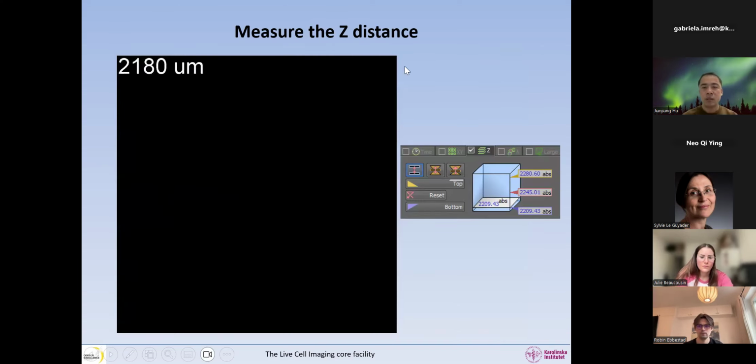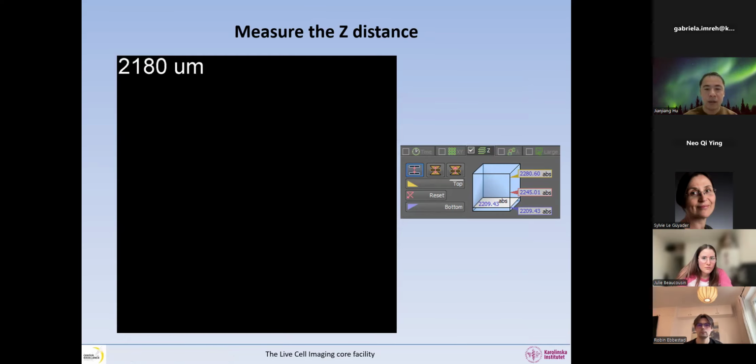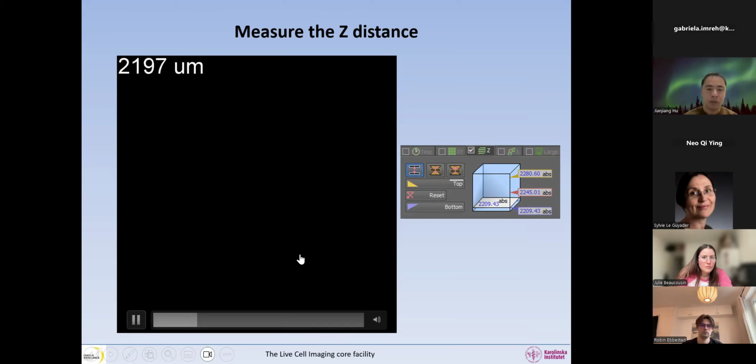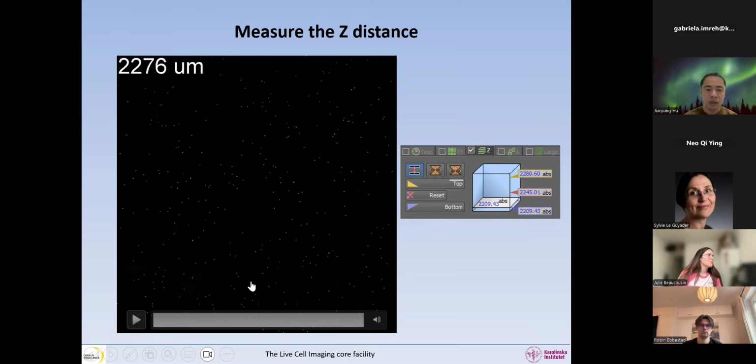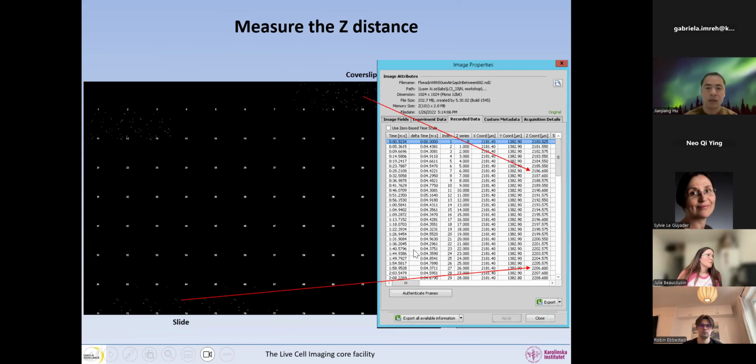And to measure that distance with the microscope is also quite straightforward. We just also perform a Z scan or Z stack acquisition. We scan from bottom to top, acquire from bottom to top, and during this we will see 2 layers of beads. You see, this is the first layer, this is the second layer, and then after getting this, we will try to find the frame that has the highest intensity for each of the layers, and then get the Z coordinates from the metadata of the images, and then subtract. Then we get the